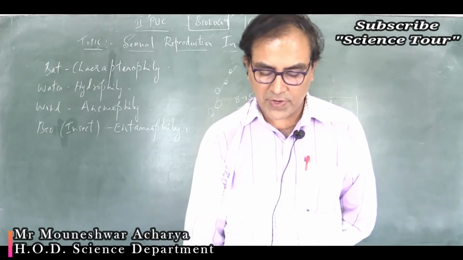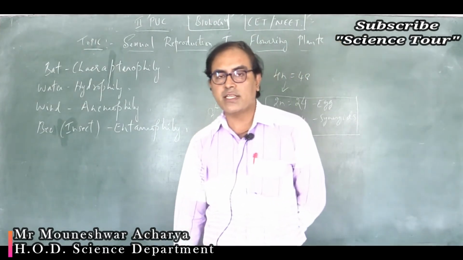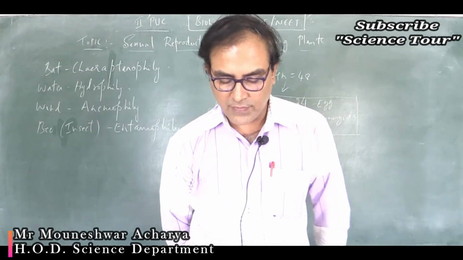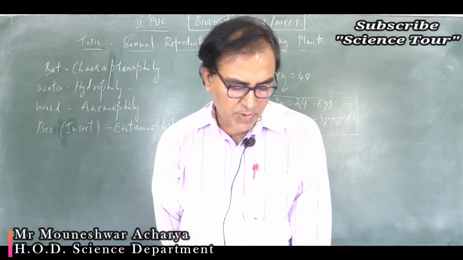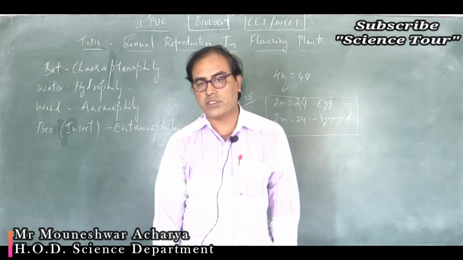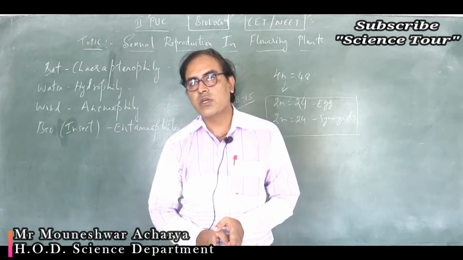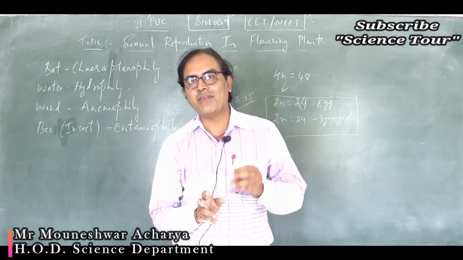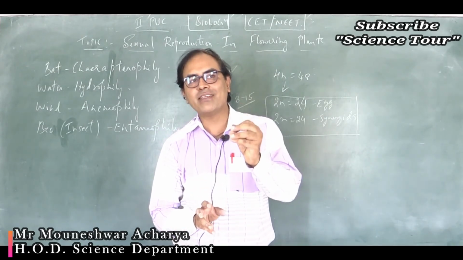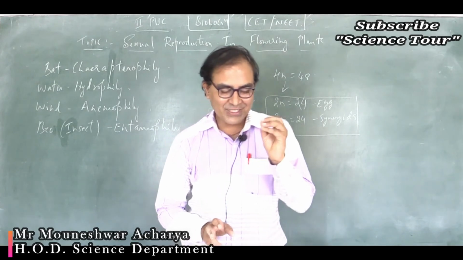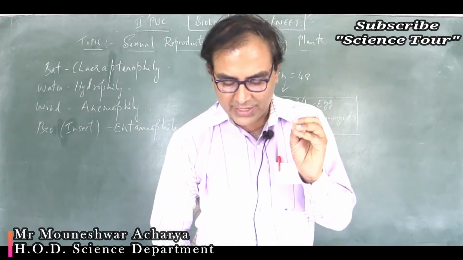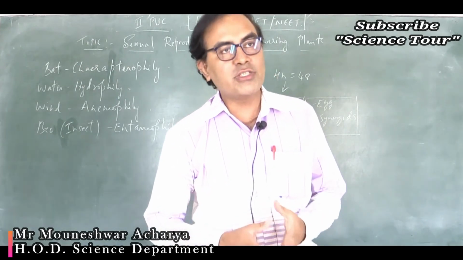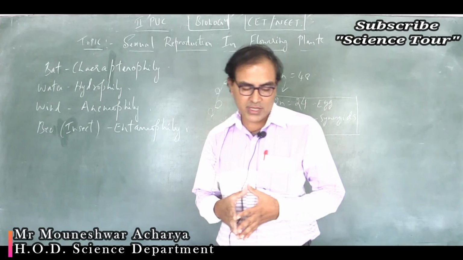Let's move to question number 58. Double fertilization is exhibited by 1 gymnosperms, 2 algae, 3 fungi, 4 angiosperms. In double fertilization, out of the 2 sperms, the 2 male gametes, one male gamete will go and fuse with the egg nucleus, and the other male gamete will go and fuse with the diploid secondary nucleus. So there are 2 nuclei. So double fertilization is exhibited by the angiosperms, not the gymnosperms, nor the algae or the fungi.